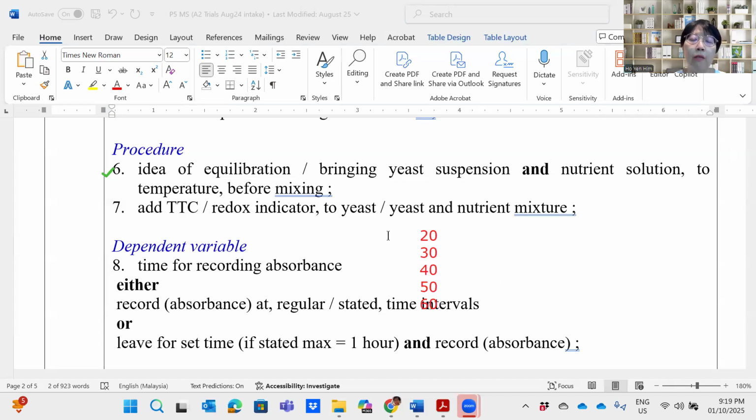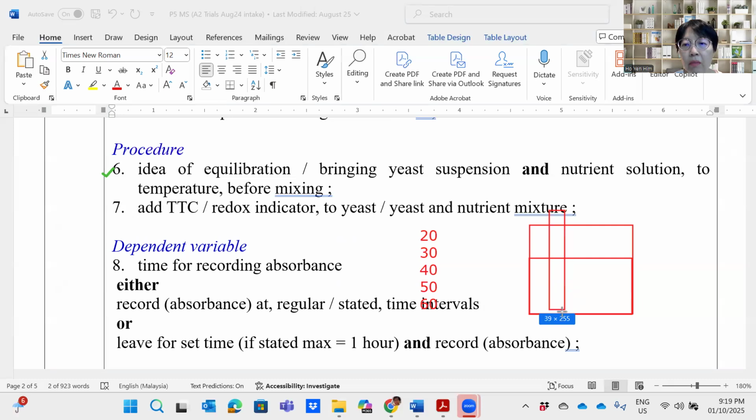I want to test the effect of temperature on the enzyme activity, and I'm working on an enzyme that comes from yeast. So you learned before that in the water bath, you have to put the enzyme and the substrate, so this is my test tube, okay? You must put the enzyme and the substrate separately in two different test tubes, and bring their temperature up to the temperature of the water bath